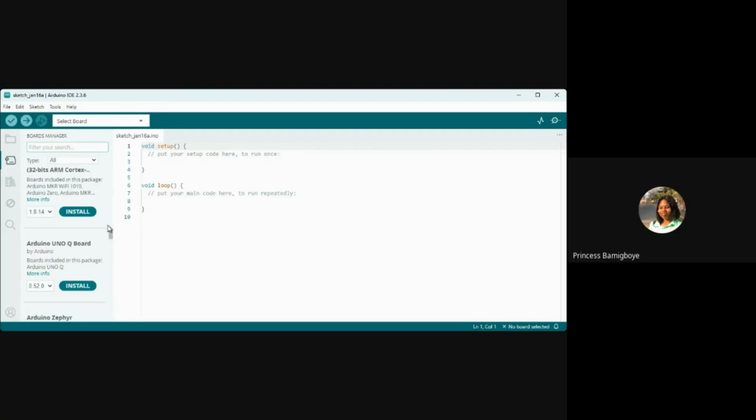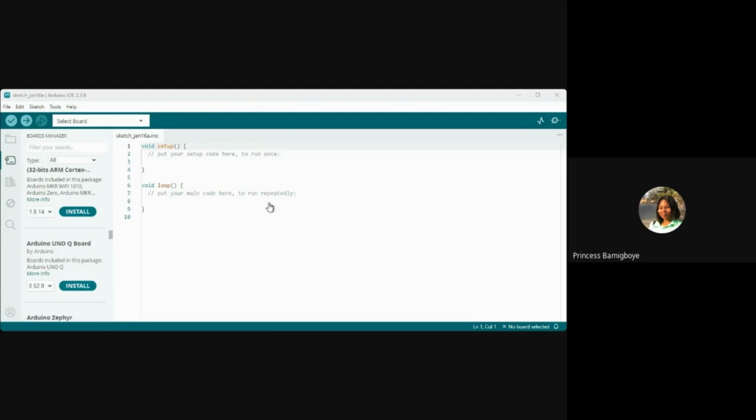For those of you who don't know, Arduino Uno Q is the latest and newest version of Arduino that is out there. Arduino apparently sold their company to, I've forgotten how to pronounce their name, Qualcomm, thank you.